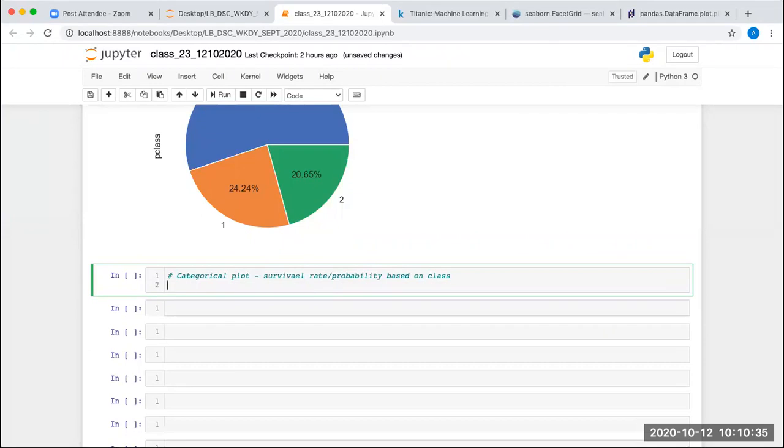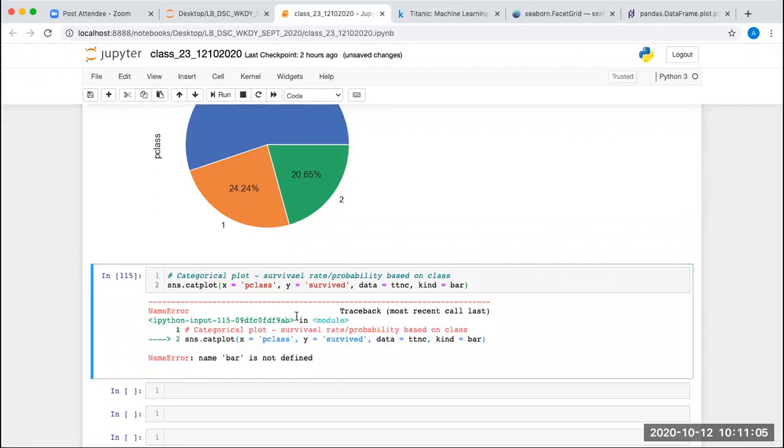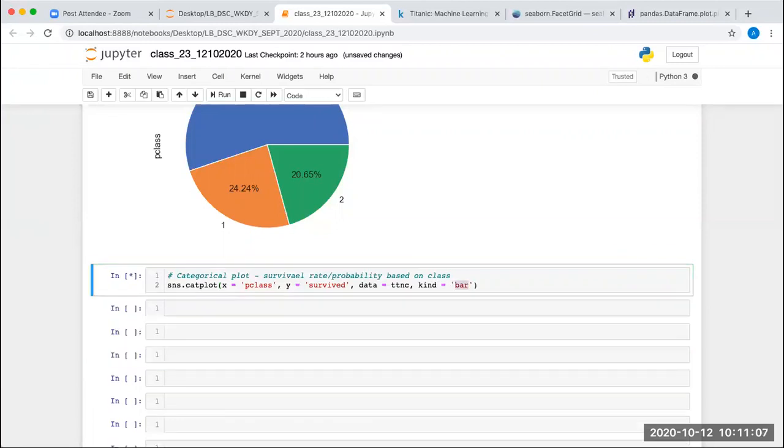How can we get that? So we have sns dot catplot, as I have said, the catplot function. For the X attribute, you want to pass the passenger class. For Y, you want to pass survived, data is equal to titanic, and for the kind of graph you'll take the bar plot. Okay, execute it. So this is in inverted commas.